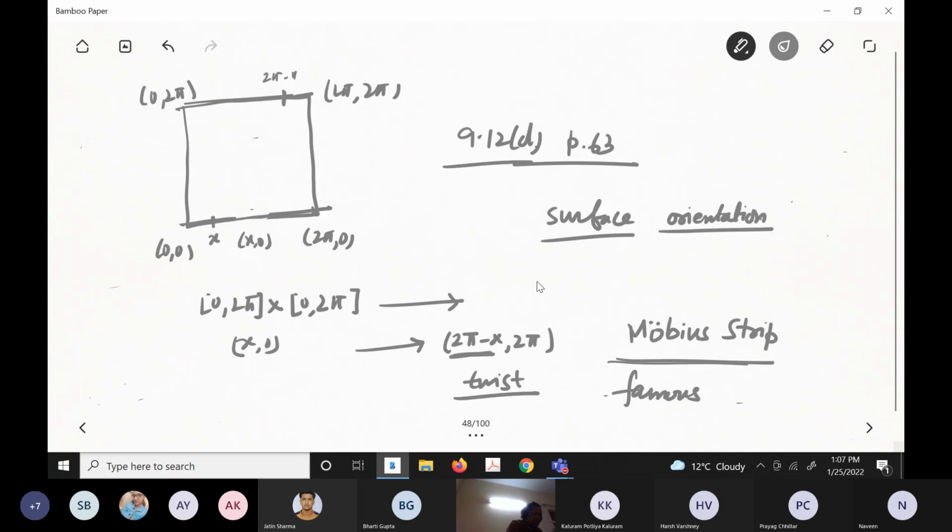Look, when I have a line like this, I can go this way or this way. Even with a circle, I can go clockwise or anti-clockwise. So I have orientation. Okay, right? This is a curve. And if you take a disk, this is a surface. Now look, with the Mobius strip, usually when you have a surface, how do we give a direction to the surface, so that each point of the surface has one?